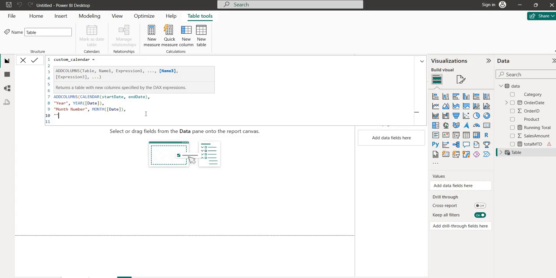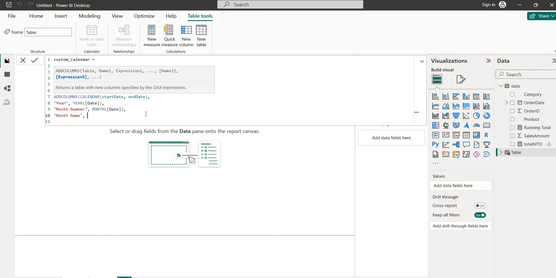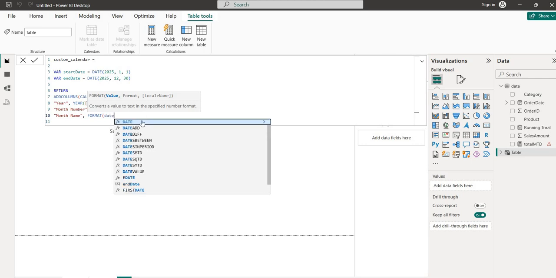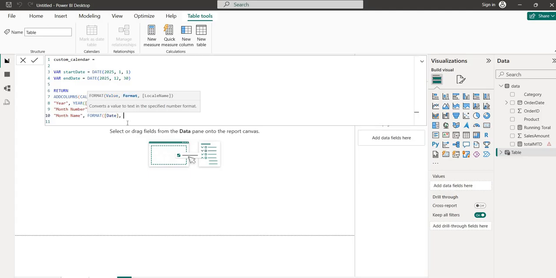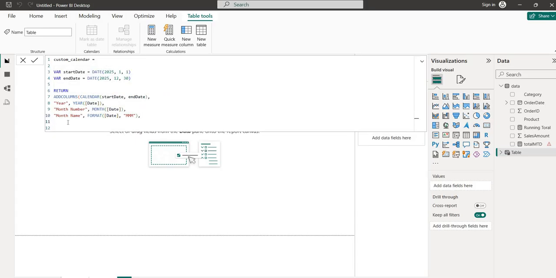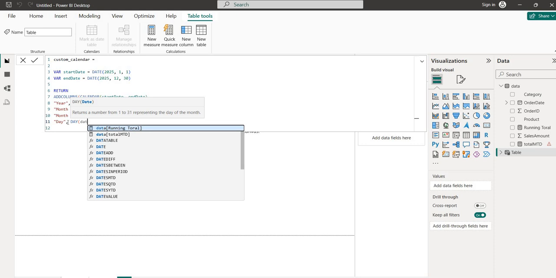Then month name. For this we are going to use format here, format getting from the date, comma, formatting on the basis of MMM. Now the day, day from date. Okay,